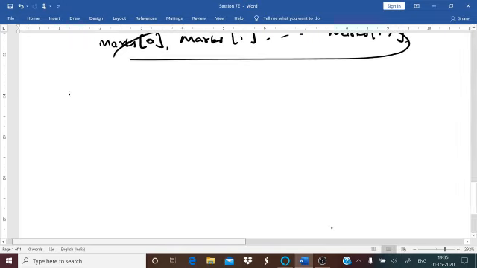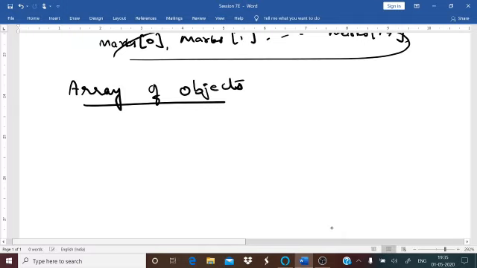Now the next part, array of objects. Again, if you remember, when you are declaring an object, it can be either one single object or more than one object, right? An object combines data members and member functions. So it is also possible to declare an array of objects. It can be declared the same as an individual object declaration, but with an extension, that is, the size must be specified along with the object name.